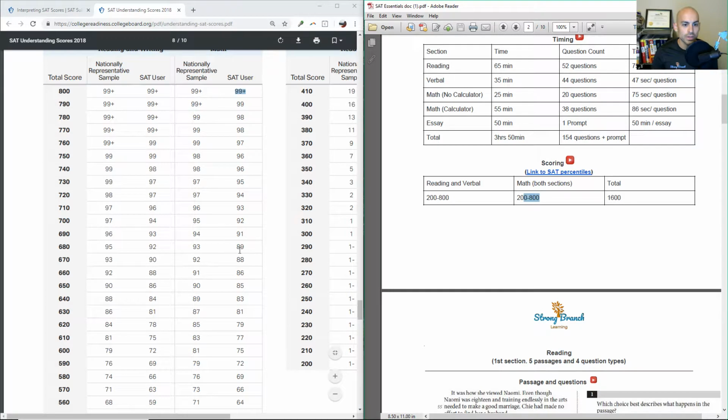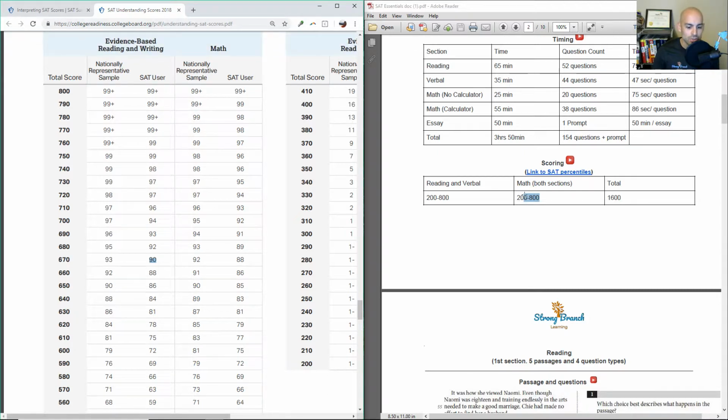So if you're looking at that from the verbal and reading section, that means that you want to get a score of 670. There's a different combination of ways you can get it, but that means you want to get a total of 78 questions correct on those two. So maybe like 41 correct here and then about 37 correct here will get you a 90th percentile compared to